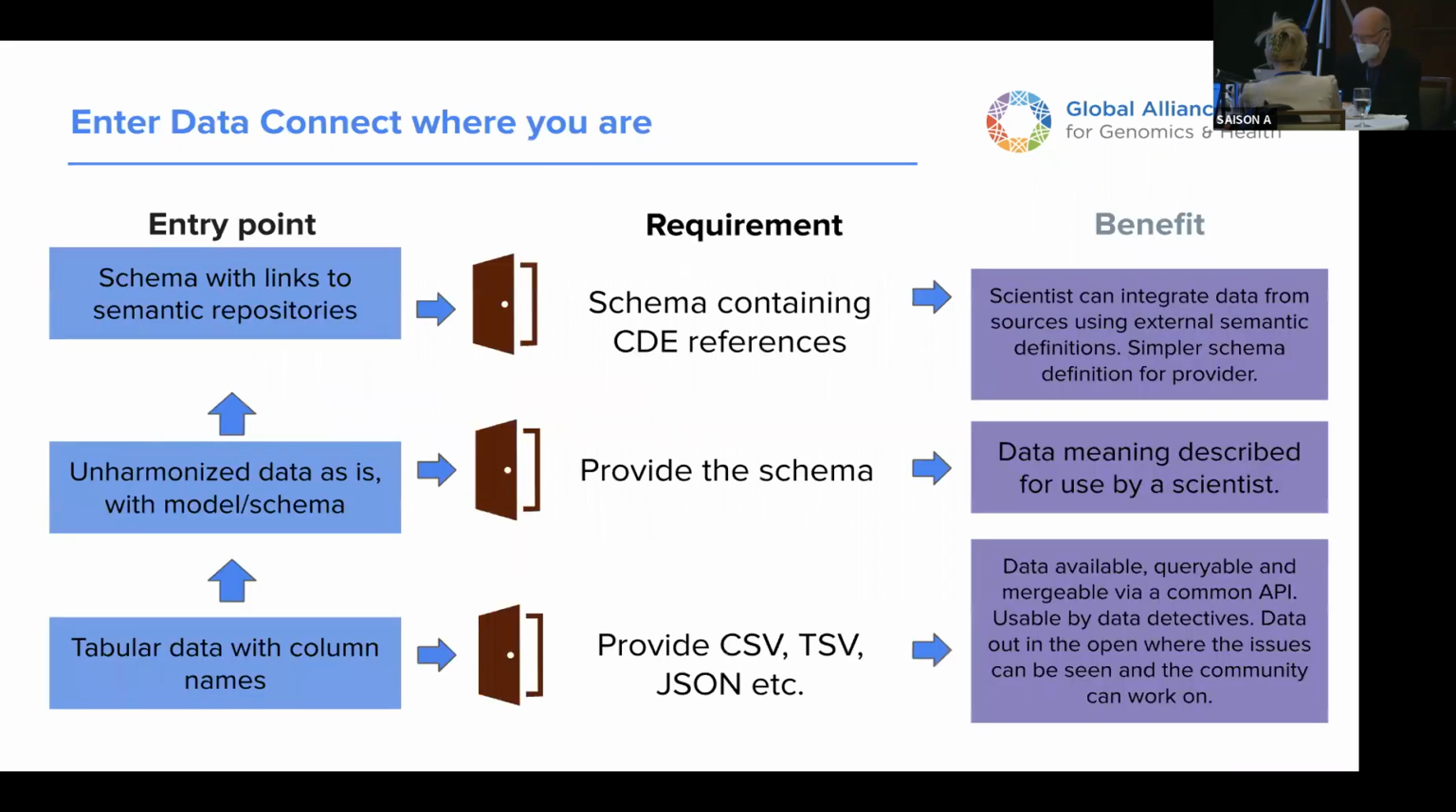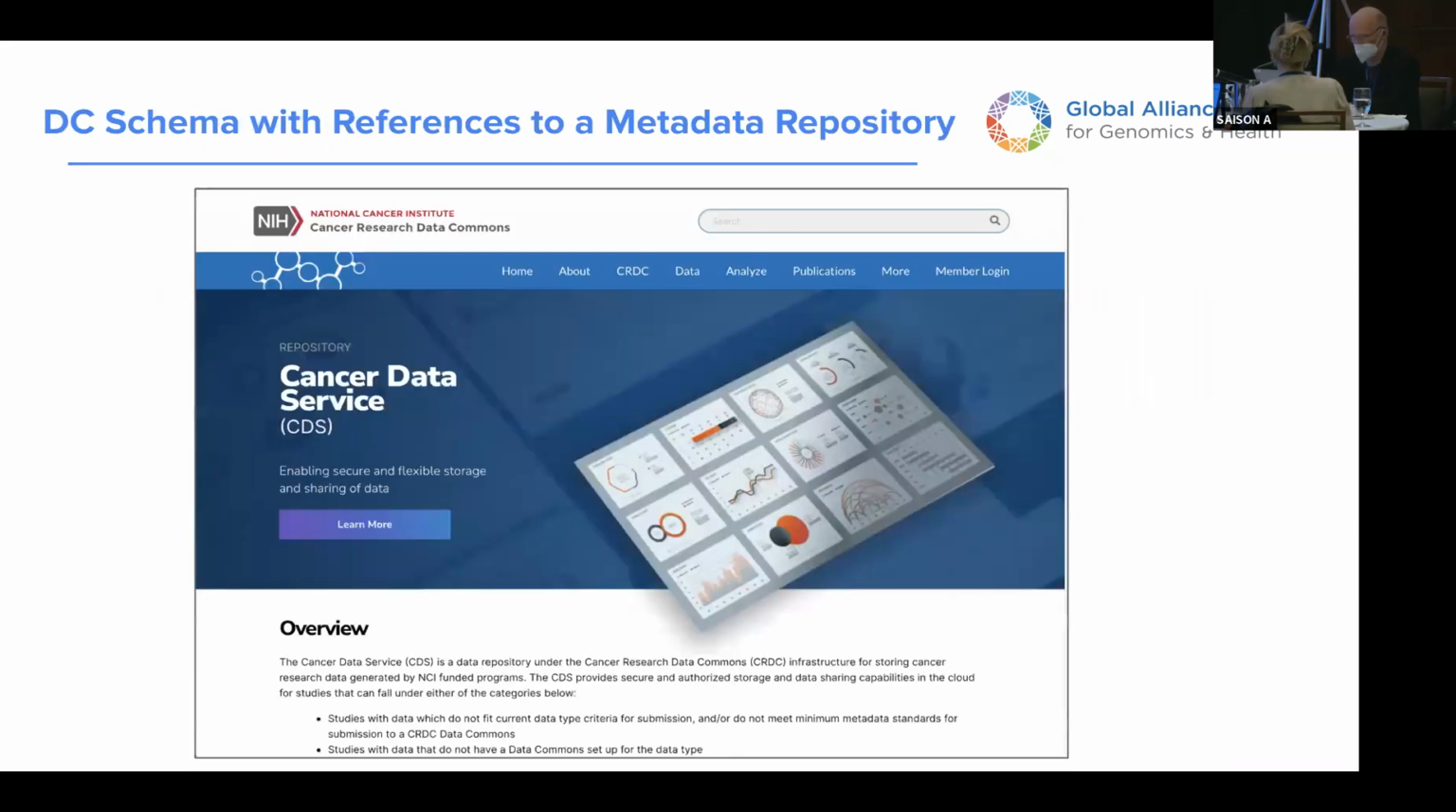So now we're going to look at the third level, where we are getting to data that is more harmonized, that is using data that conforms to some standard, and particularly where that standard is defined in some kind of semantic repository. So the Data Connect data we're going to look at for this example comes from the Cancer Data Service. And so again, with the same